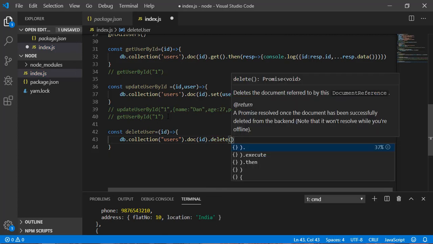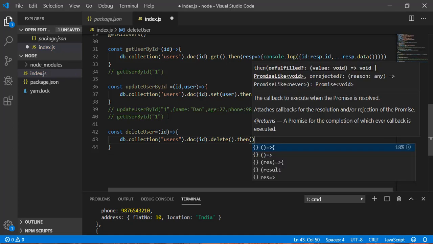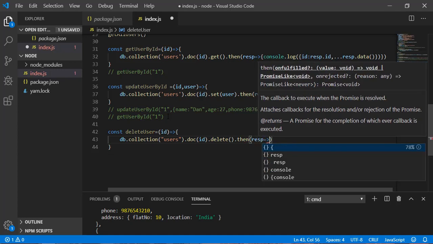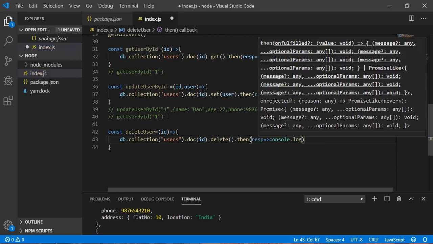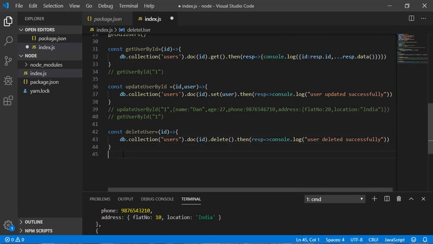Okay, this is the method I need to call. After that I can call then. Okay, and here it is going to give me a response. So I can write console.log user deleted successfully.